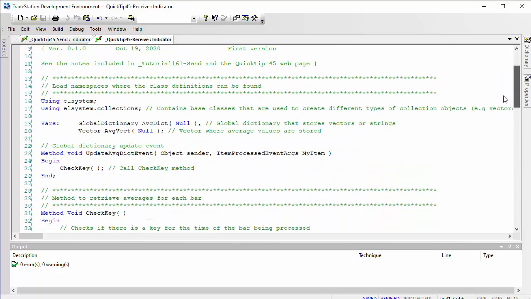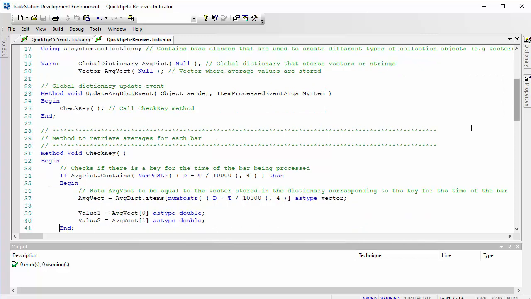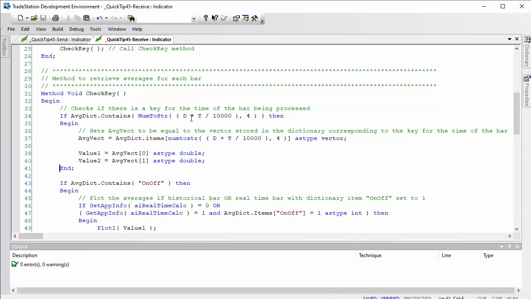Again, based on tutorial 161, there's the setup, or the variables for the global dictionary and the vector. We've got the update event for the dictionary here, and when that fires, we run another method that we've written called checkkey. What checkkey does is see if there is a key in the dictionary for the bar that we're working on at the moment. If there is, we then read into a vector the vector stored in the dictionary for that particular bar. Then I've set the values of that into a couple of variables, value 1